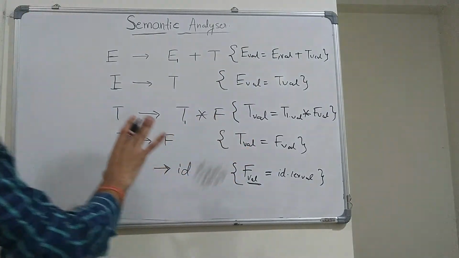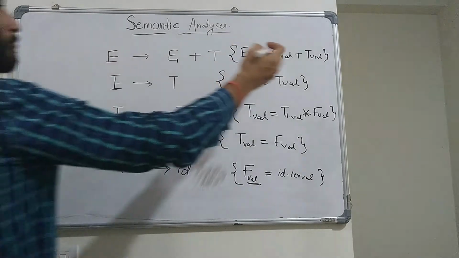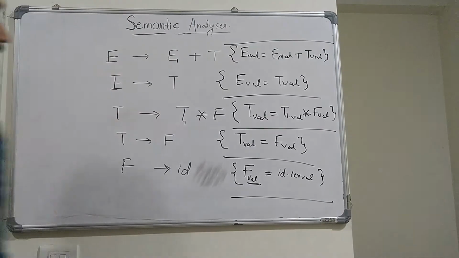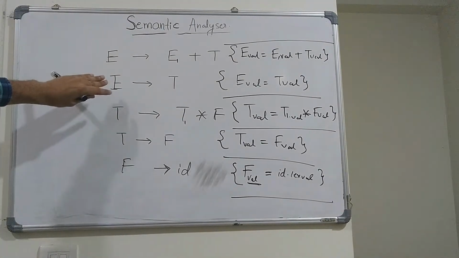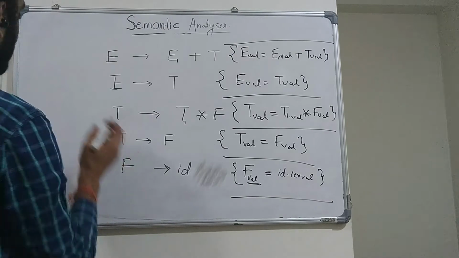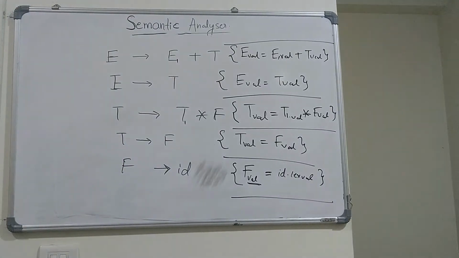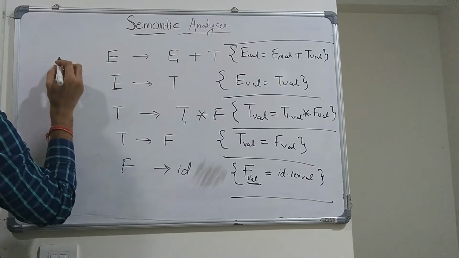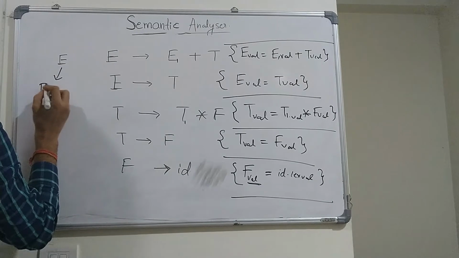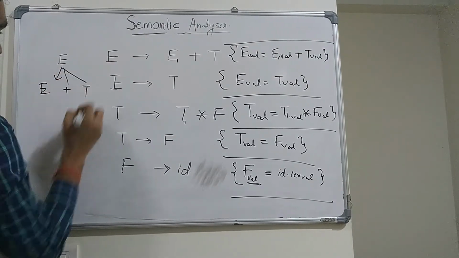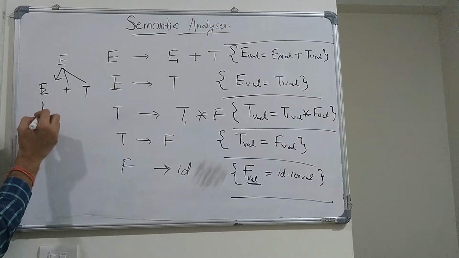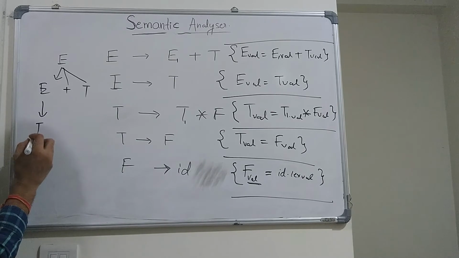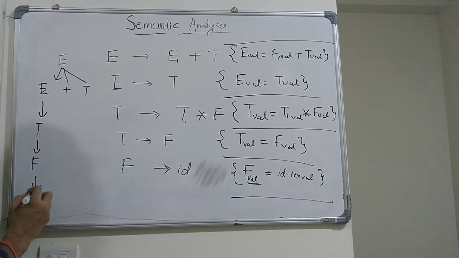You will see what this means, and how the other kinds of information are going to be used. In here it is just trying to evaluate a value, right? So if I want to implement 2 plus 3 into 5, what I'm going to use is E gives me E plus T, right? This T is going to be as T, and this T is going to be as F, and this F is going to be as ID.